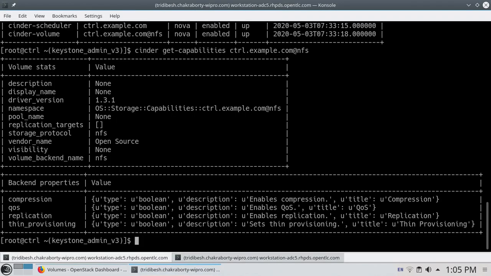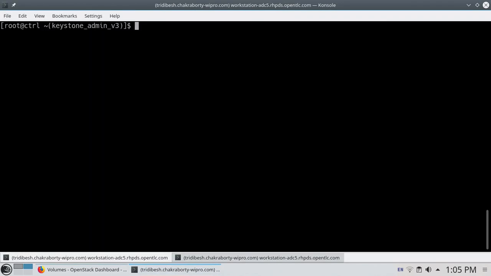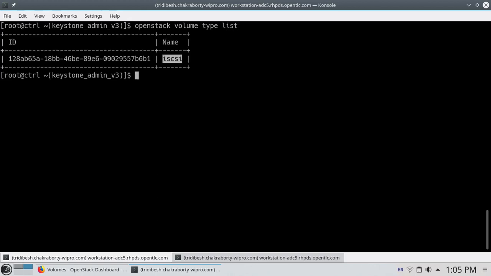So we will go back again to our controller node and run OpenStack volume type list. Once you do that, you will see the same iSCSI here. Now what we will do is create a new type of volume, that's NFS. For that, the command is OpenStack volume type create NFS.